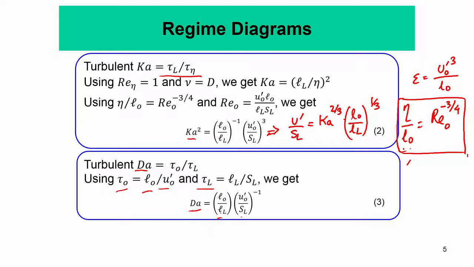The Reynolds number is essentially u prime by SL times L0 by LL. So, you see these groups, u prime by SL, that is the ratio of the turbulent RMS velocity divided by the flame speed, and the ratio of the integral length scale to the flame thickness, these two non-dimensional groups appear repeatedly, and these are basically used to construct the different non-dimensional numbers. So, then we can use these two groups, u prime by SL and L0 by LL, to construct something